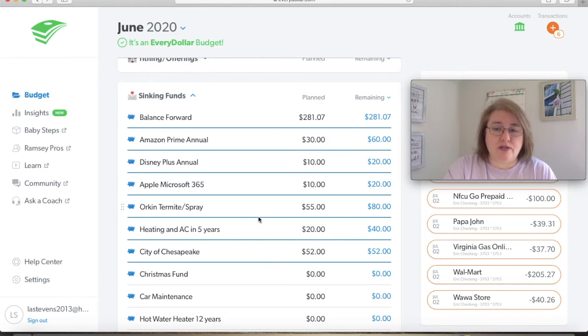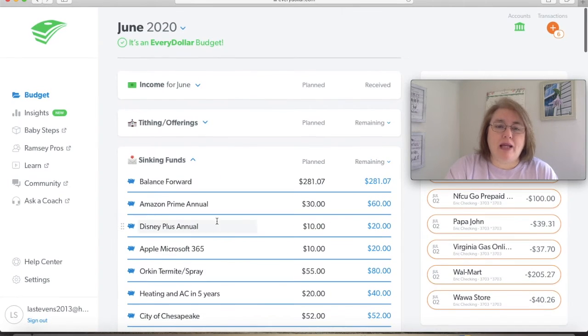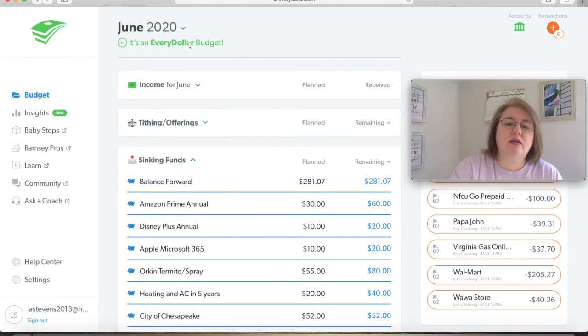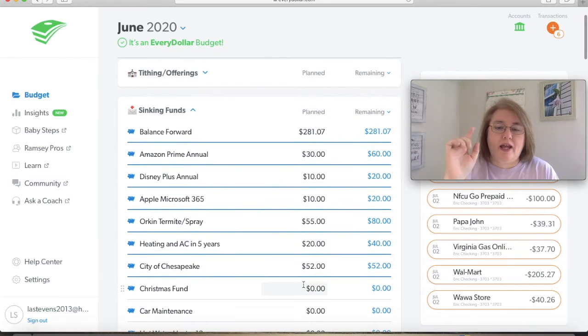So what I use this section for is to track how much my sinking funds are. Now, when I have a balance left over at the end of the month and it needs to roll over to the next month, I use this category I call balance forward. So that this little piggy will hold this amount, and that's kind of my buffer, and it moves to the next month. And then it just sits in the checking account. It's assigned a balance forward, but it's not doing actually anything other than being a buffer sitting in the account. The rest of these go into a separate savings account, and you can just use that and go ahead and,